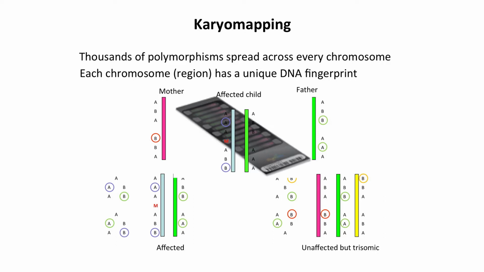So without ever having looked at the mutation itself, we know that the mutation must be there, and therefore this embryo, if it's a dominant disorder, would be affected. You can also get results like this. Here again we have evidence for the father's green chromosome. Happily, this time we have evidence for the mother's pink chromosome, so the embryo should not be affected. But unfortunately, we also have data suggesting that the father's yellow chromosome is present. So while this embryo is unaffected by the inherited condition, it is chromosomally abnormal, and therefore we would not want